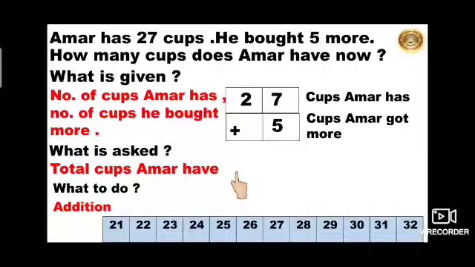We have to take the greater number from these two numbers. 27 is the greater number. So put your finger on that greater number. Then how many steps do you have to take? As many as the smaller number. We have 5 as the smaller number. So we have to go forward by 5 steps. Let's start.